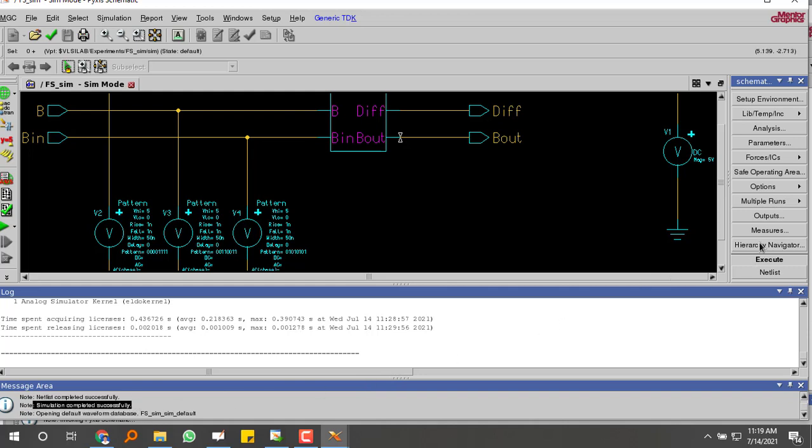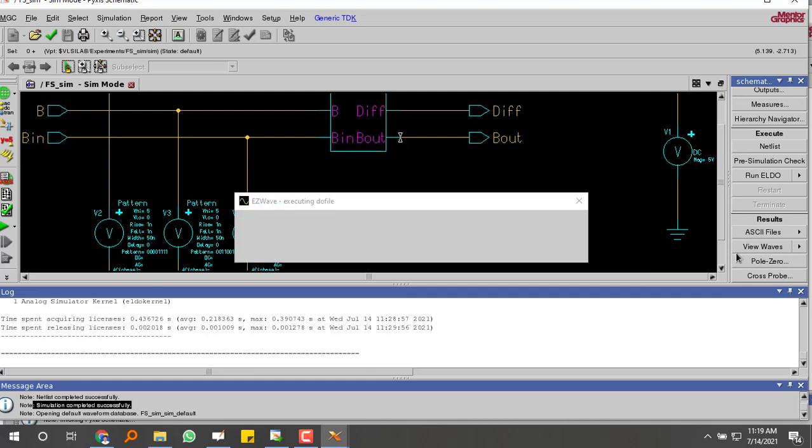Once simulation completed successful, go to view waveforms.